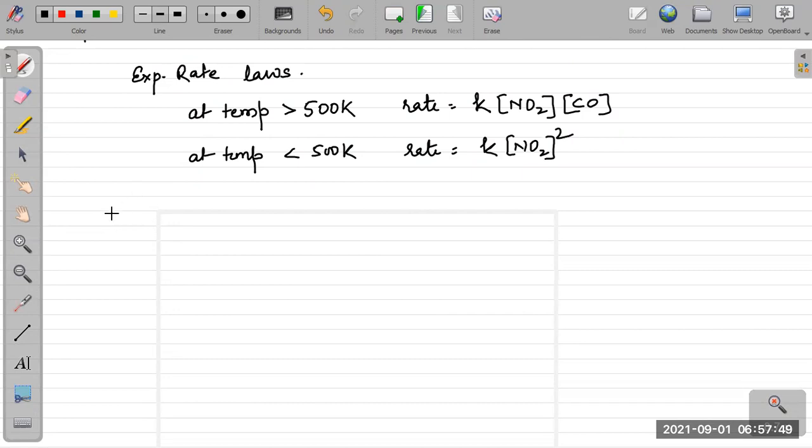And the proposed mechanism for the two things, that is at temperature greater than 500 Kelvin, we have a single step where NO combines with